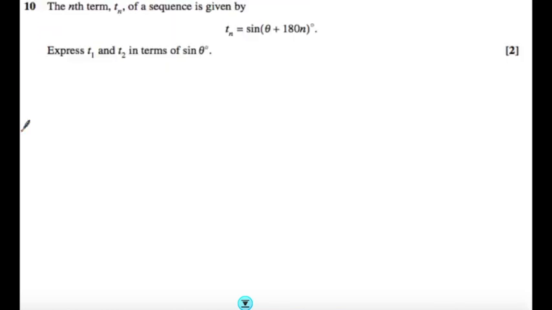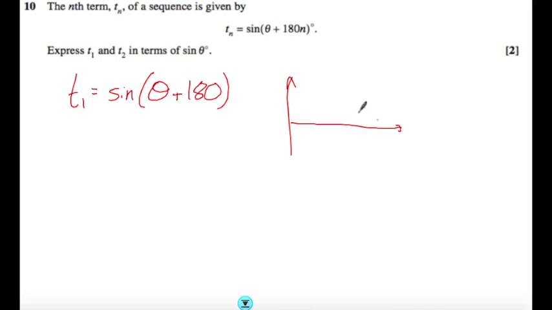Right, question n. The nth term of a sequence Tn is given by Tn equals sine of theta plus 180 n degrees. Express T1 and T2 in terms of sine theta. Okay, so T1, if we make n equal 1, we'll have sine of theta plus 1 lot of 180. Alright, but we need that in terms of just sine theta, so we can't have sine theta plus 180 there. So let's think about what